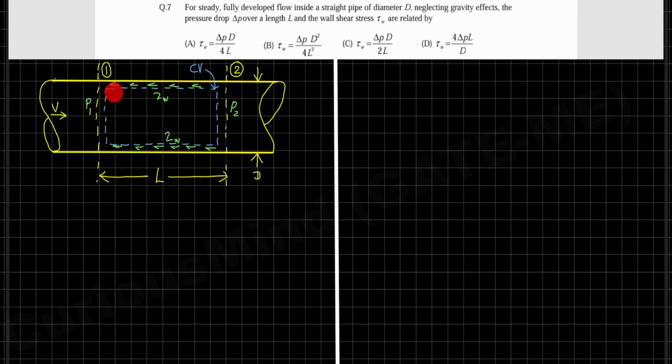So we have the fluid element or control volume CV, and at the section 1 the fluid pressure is P1, and at the section 2 fluid pressure is P2, and this control volume is of cylindrical shape and of length L and diameter D. Alright,